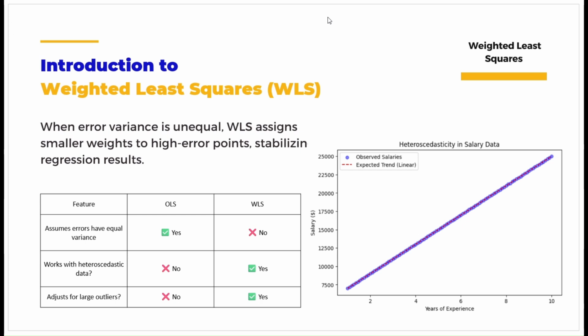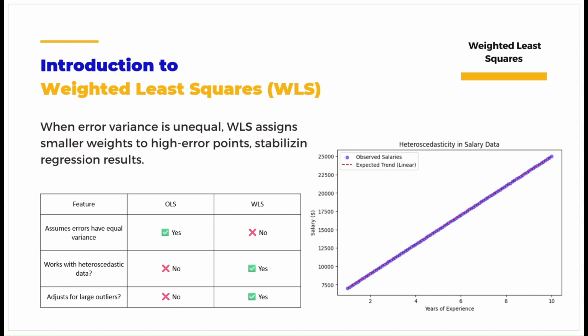Alright, now let's talk about a big issue in regression that many people overlook: heteroscedasticity. Yeah, it's a long word, but don't worry, I will break it down in a way that makes total sense. So in a perfect regression model, we assume that errors are evenly spread out across all values of x. This is called homoscedasticity, a fancy term, but it just means that errors are consistent. But in real life, that's rarely the case. Often as x increases, the error grows bigger too. This is called heteroscedasticity, which basically means unequal spread of errors, and this is a huge problem because it makes